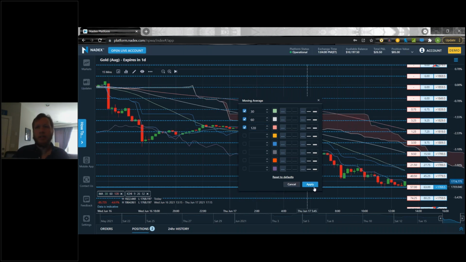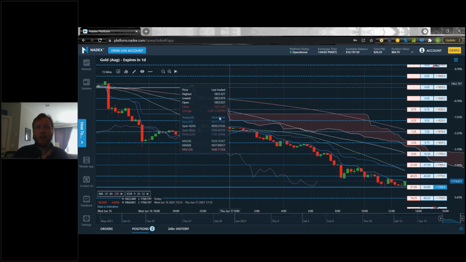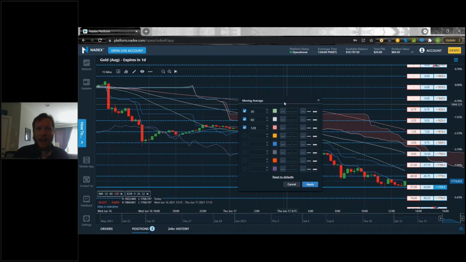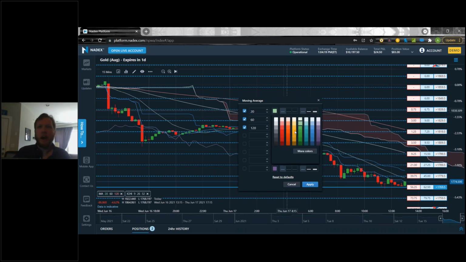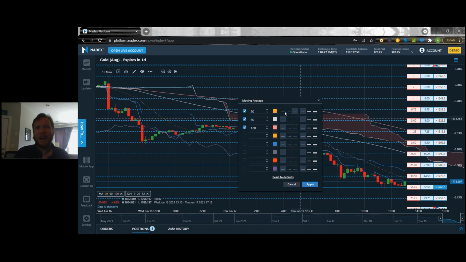So I can do this, I can apply, and I don't know if you can see in the background, when I did that, it actually did move those moving average numbers. If I go down, you can see it moving in the back when I do that. Yeah, so you saw it just moving there. There's a little bit of lag. I can also change the colors here. If I want my 20-day to be yellow and a dotted line or a smaller dotted line, I can do that as well.